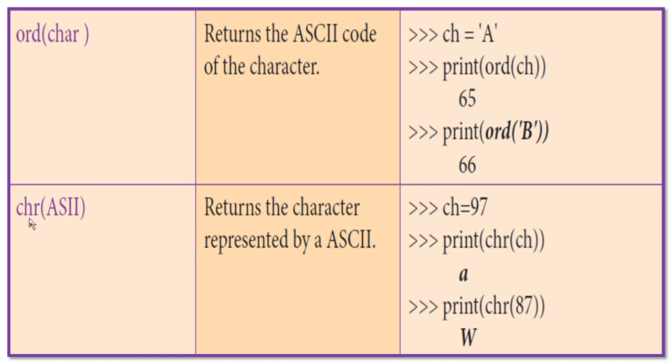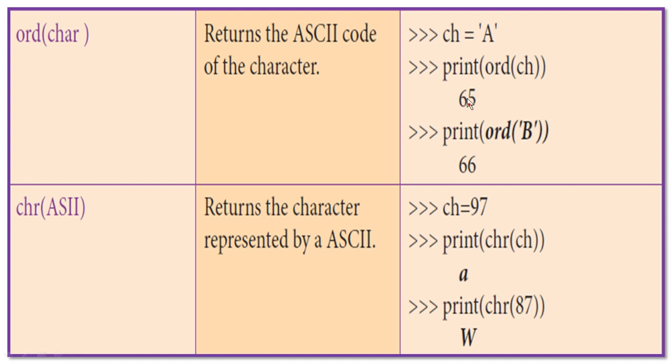In turn, the chr function takes an ASCII value and returns the character represented by that ASCII value. Here ch equal to 97, it turns the value into the alphabet. Here ch equal to A, it returns the value